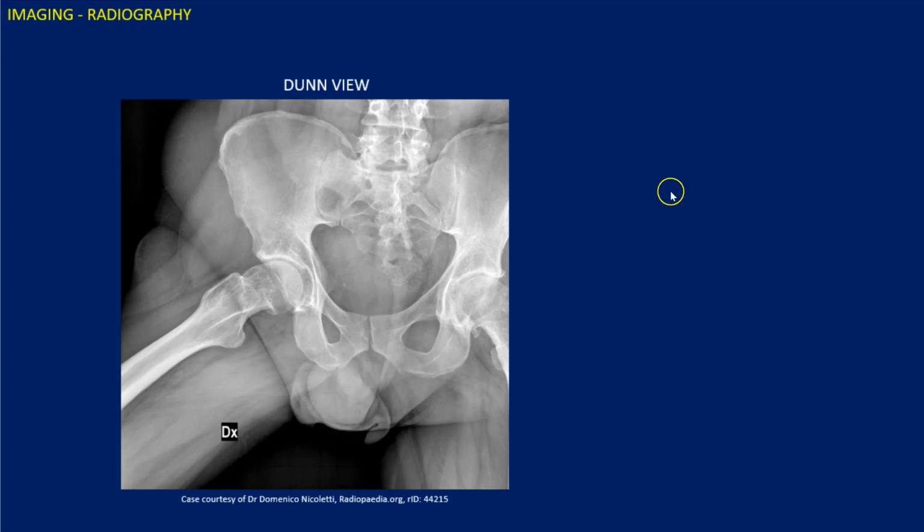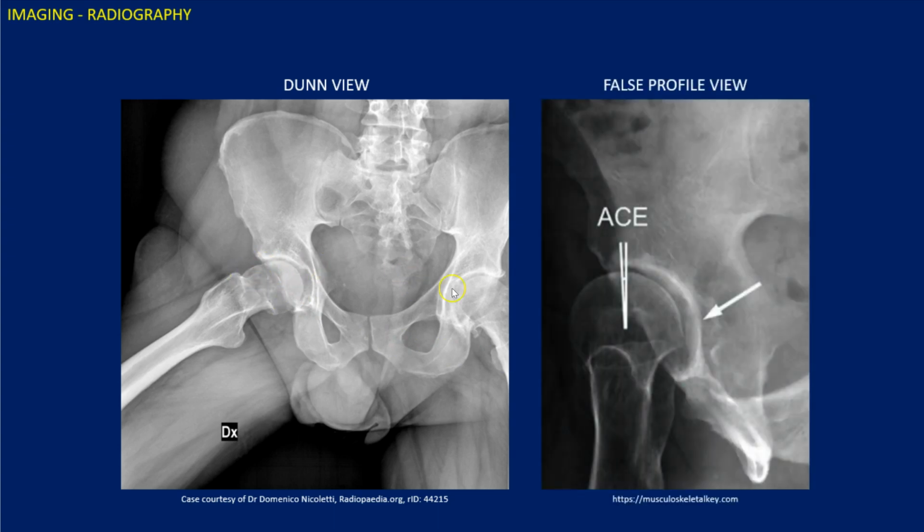In addition to advanced imaging, appropriate radiographs shouldn't be overlooked in the evaluation of a patient, in particular an athlete with suspected labral tear. And in addition to your routine radiographic series, there are a few special views that should be ordered in all patients whereby there's concern for femoroacetabular impingement that's symptomatic with subsequent labral tear. These views are the Dunn view, seen here with the patient's hip flexed and adducted to best profile the presence of a cam deformity, which is osseous protuberance at the femoral head neck junction, and a false profile view, which